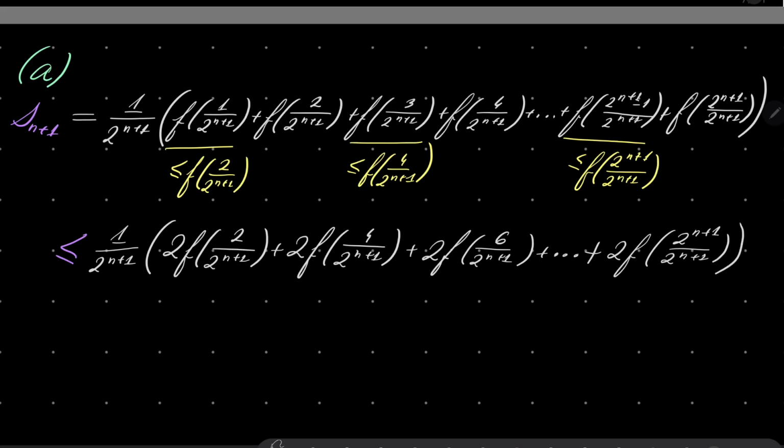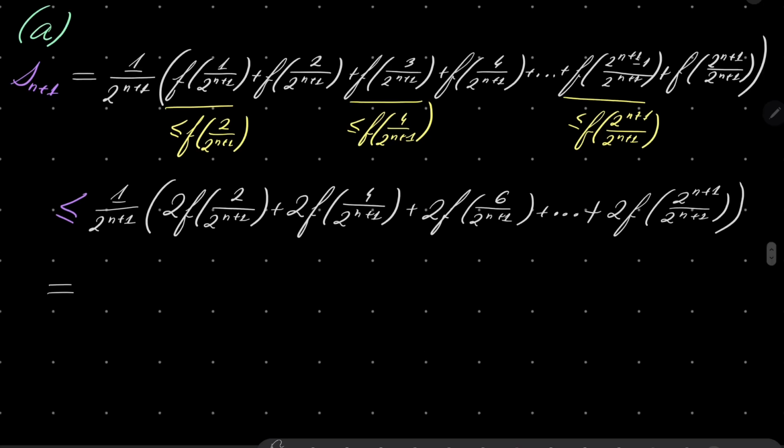Right, and now let's see the following. What's happening? Well, these numbers 2 can be cancelled with one occurrence of 2 in the denominator. And we are left with, and here we can do cancellations,